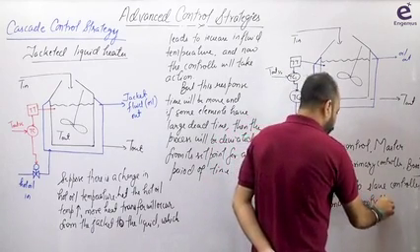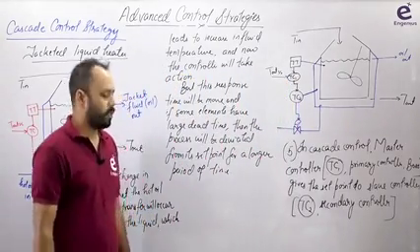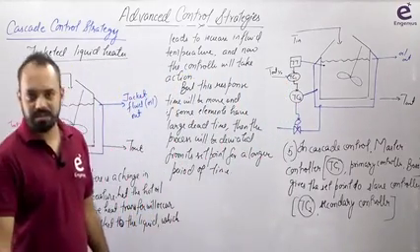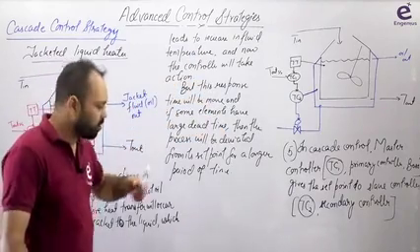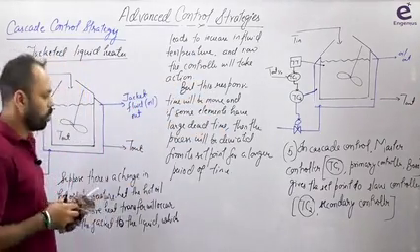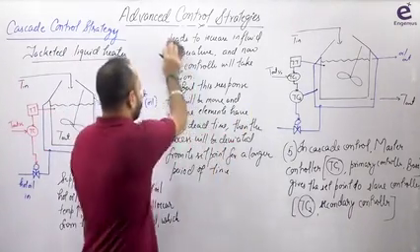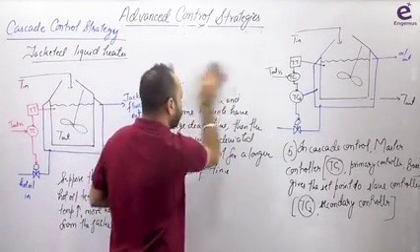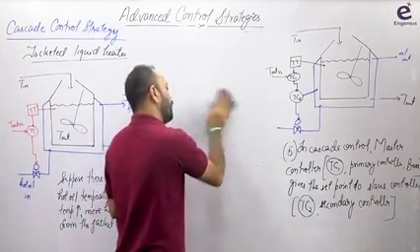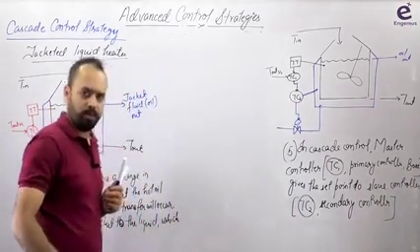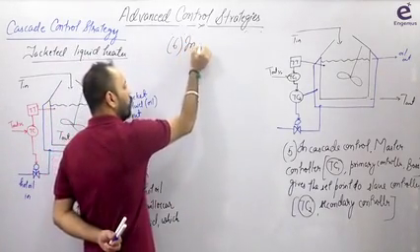So what is one more feature of cascade control? That in cascade control strategy you have more than one controller, not necessarily two, there can be more than two, even three. In cascade control we have more than one controller, and the primary controller, okay, I'll come to this point. Let's write it, 6 points, note it first. Understand that in cascade control there will be more than one controller, there can be 3, even 4, no problem. Okay, point 6. In cascade